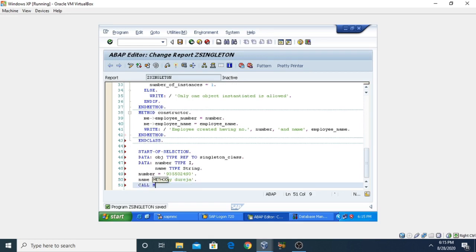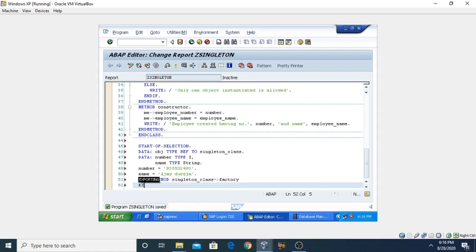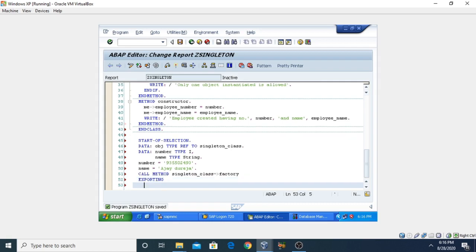Now we need to call the method. So how can we call? With the help of call method, because we have taken the factory as a static method. So how can we call? With the help of the class name. So the class name is singleton underscore class, then the component access operator, then the method name, and then we are going to export the values. So I am assigning here the exporting.